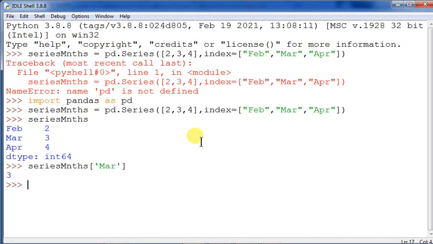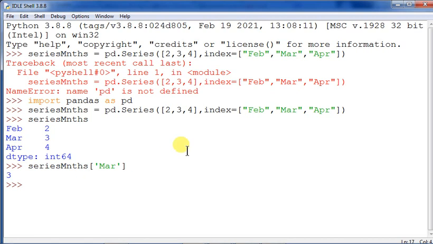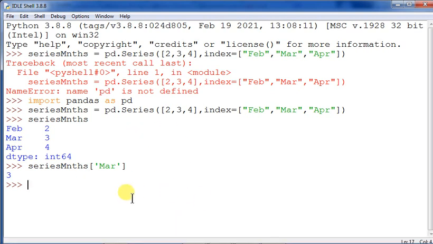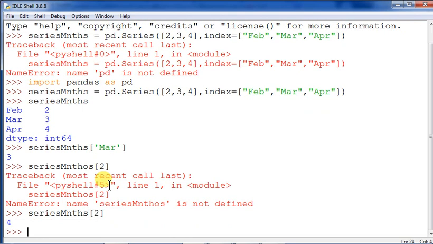This is actually called level based indexing. Fine, so you must know about level based indexing. Now if you do series MNTHS and give 2, suppose, then what will happen? It will give you a name error, because this is wrong actually. I'll just give series MNTHS, not OS. Then I am giving 2. Let's see, then 4 has been printed because it has taken the